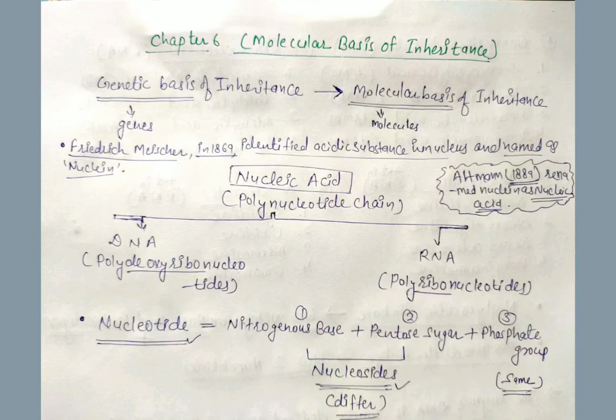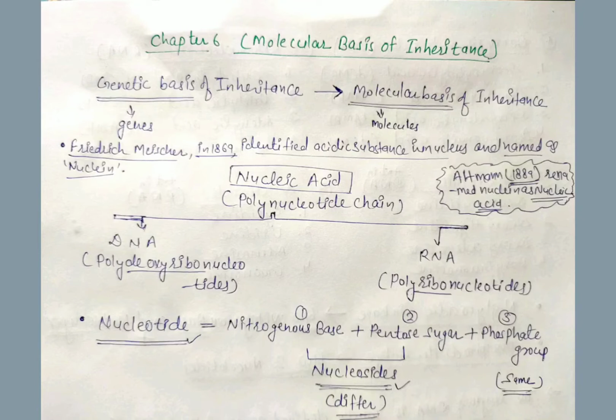By 1920, it had become clear that chromosomes are made up of large molecules of two biological compounds, proteins and a nucleic acid called deoxyribonucleic acid, at least for the majority of organisms. So first let's talk about the nucleic acids. Nucleic acids are polynucleotide chains, meaning they are polymers of nucleotides. Deoxyribonucleic acid (DNA) and ribonucleic acid (RNA) are the two types of nucleic acids.